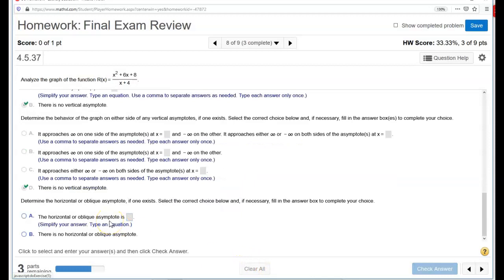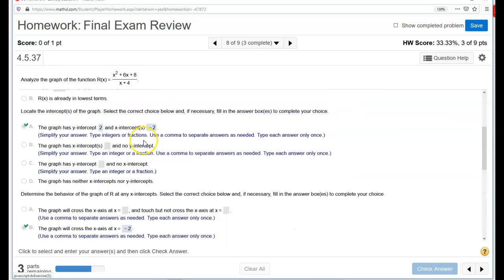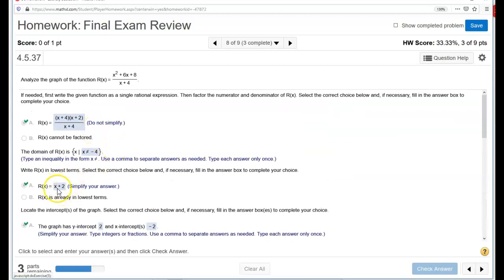Determine the horizontal or oblique asymptote if one exists. Select the correct choice below, and if necessary, fill in the box to complete your choice. And if there is a horizontal asymptote, it's definitely not going to be for a straight line. It really needs to be something that's a different function than that, because what we're doing to find the horizontal asymptote is we're letting the x values either go to positive infinity or negative infinity, and we're seeing if the y values are approaching some constant, in which case they're not, because in the function of y equals x plus 2,